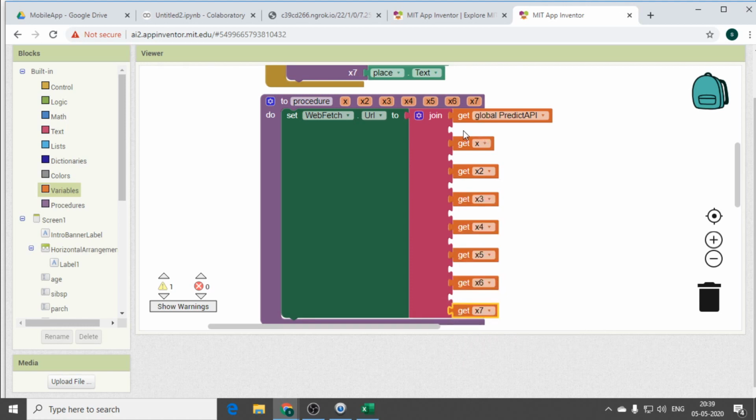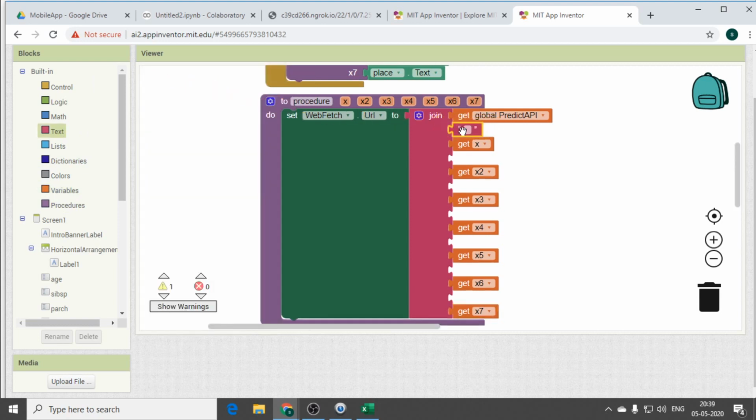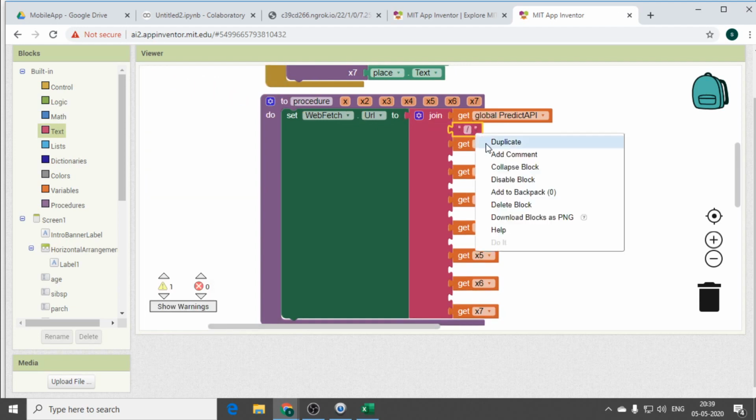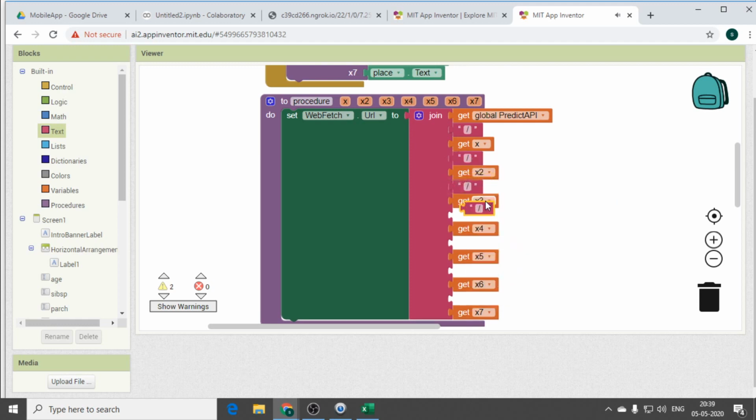So in the middle you can go for giving out the slash, where you can go for text. In text you will be having an empty block, where you click on the first one, and in the middle you need to go for slash, right? You duplicate each and everything. You click on duplicate, and misplace the blocks again. We are at the end of the thing, because once we give our input, it will understand, right?